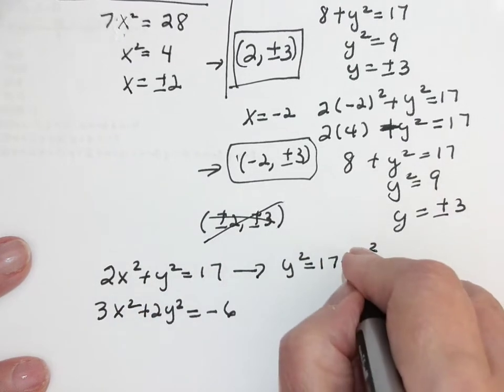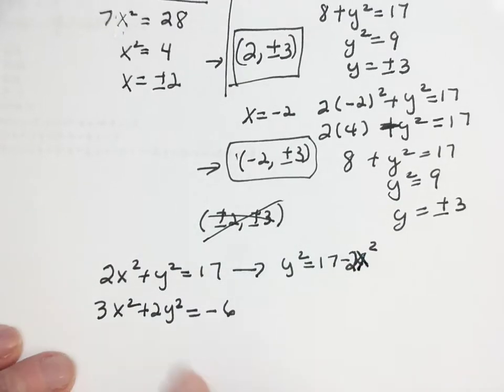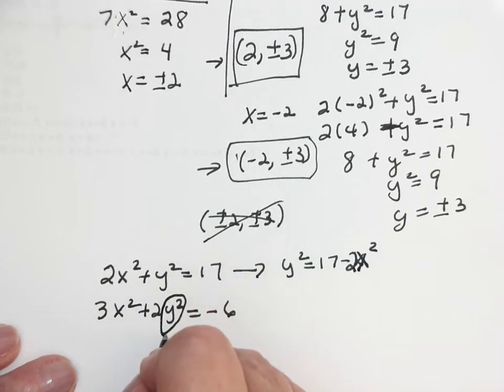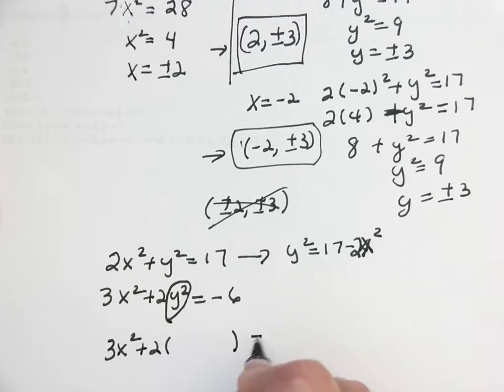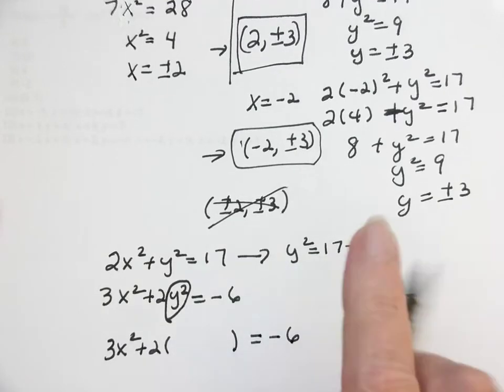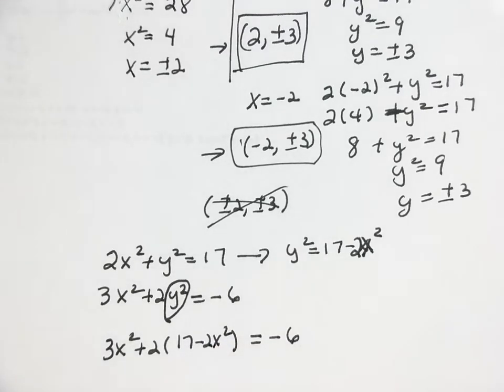And that's 2x squared. Then that replaces this y squared. And y squared is 17 minus 2x squared. And you'll end up in the same place,